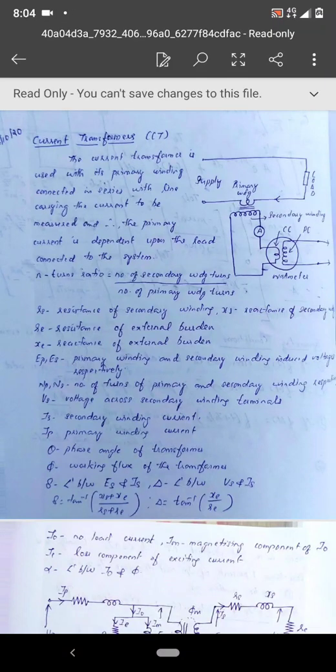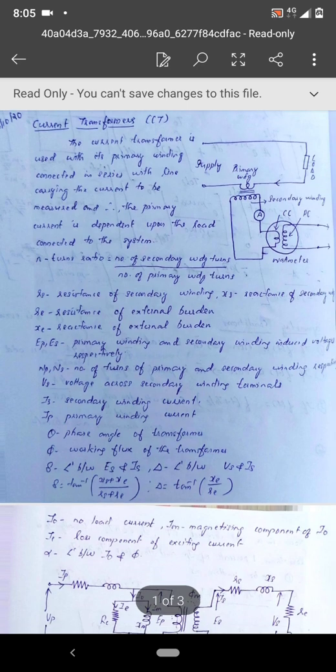So welcome back, and today we will be seeing what is the current transformer. That is the first classification in instrument transformers. And before going into that, why are they called instrument transformers? See, these are transformers which are used along with measuring instruments, and that is why they are called instrument